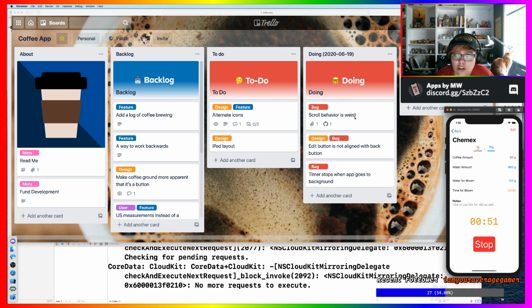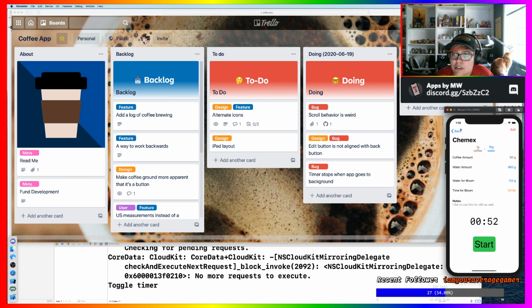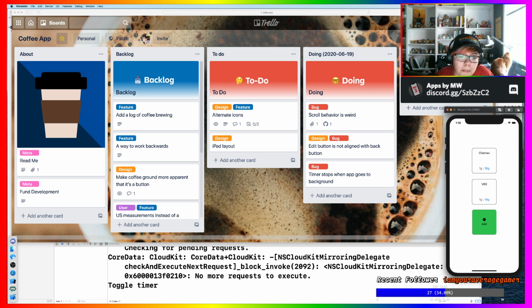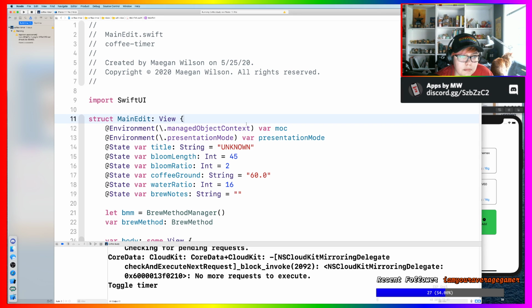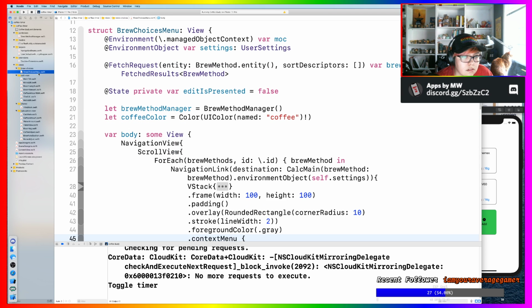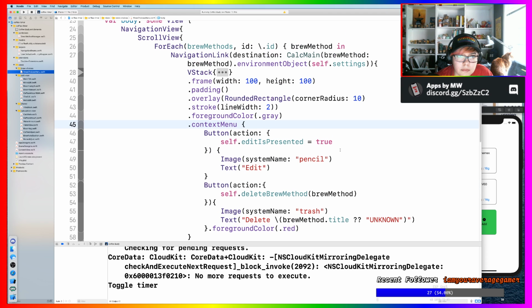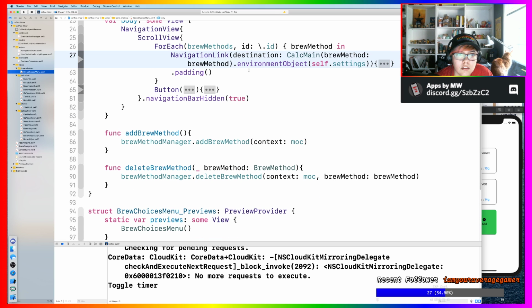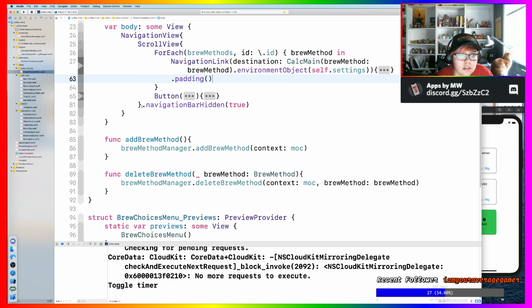So let's just get started with that scroll behavior thing. That should be relatively easy to fix. Like I said, I probably won't be able to fix it on device here, but I should be able to just specify a certain setting in here. So where are we going to go for that? That is under the Brew Choices menu. Cool. So in here, I should be able to close that guy, and underneath scroll view,